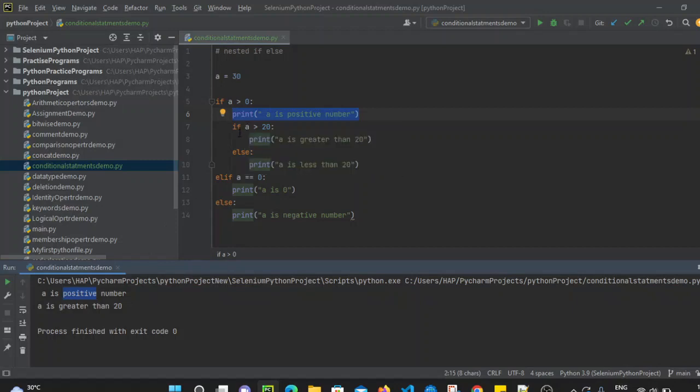After that, it will check another if condition. If the value of a is greater than 20, so 30 is greater than 20. So this condition is true. So it will print this statement as well, because the value of a, that is 30, is greater than 20 and this condition is true. So it will print a is greater than 20 here, and it will not enter the else block, right? And it will not enter elif also, and it will not enter else also, right? So that's why it will print a is greater than 20, a is positive number, and it will exit the